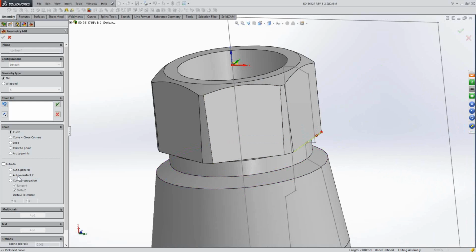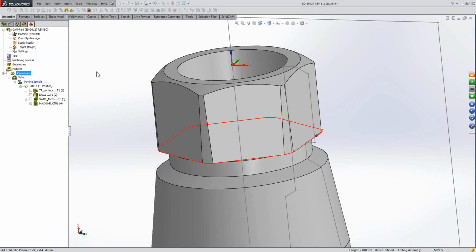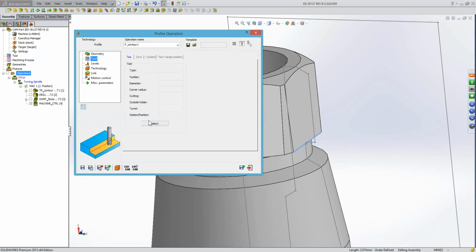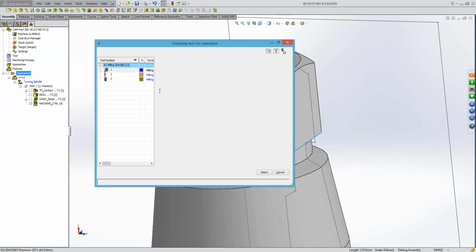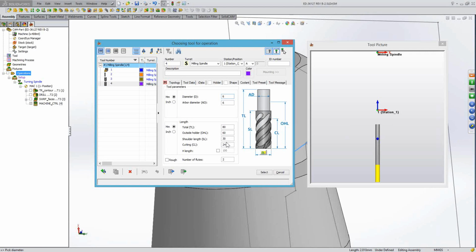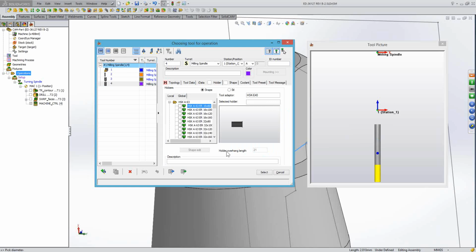Here, an auto constant Z. Tool, let's create a new tool, an end mill, 8 millimeter. And I also like to add an STL holder from the global list, from the library. I will shrink for 8 also. Select